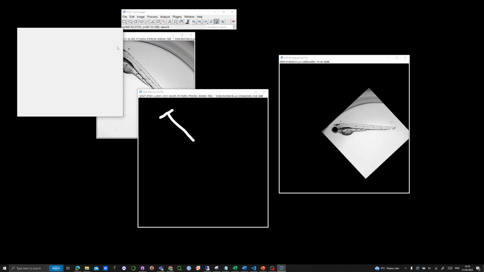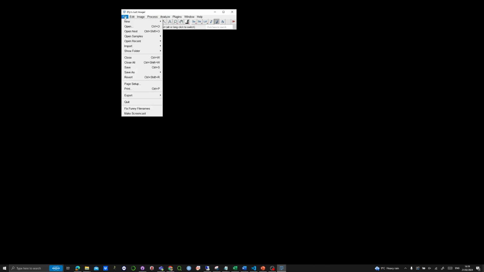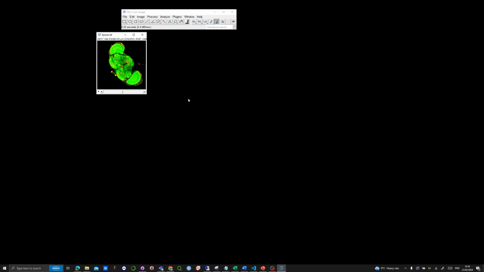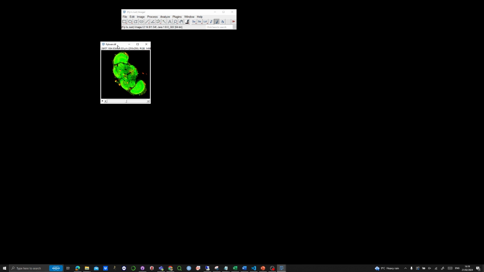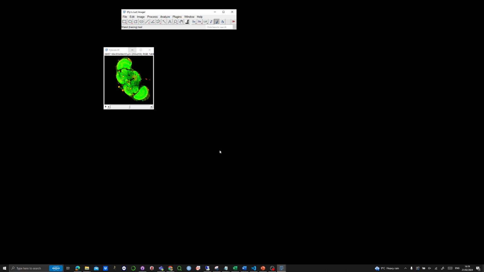So the virtual orientation tool can also be used to orient multidimensional images. As an example, let's open the fly brain example image and try to orient it. Here in this example, I will be using the annotation assisted tool option of the virtual orientation tool to orient the fly brain. You can also use a mask and use the mask assisted alignment option to orient the